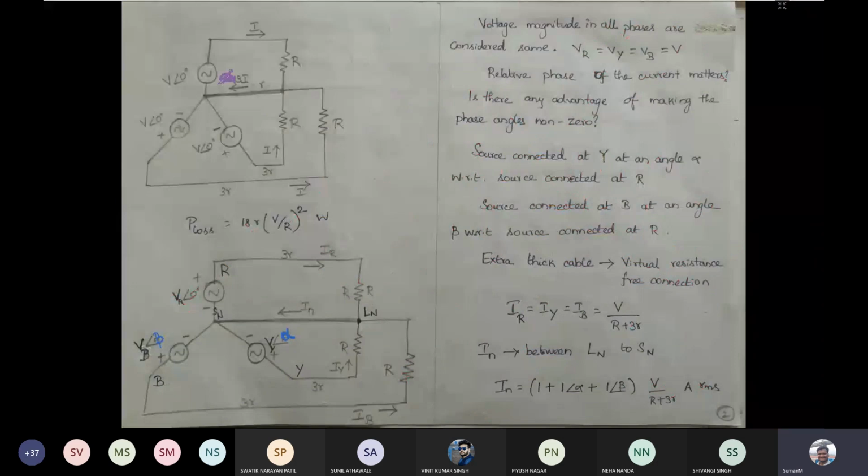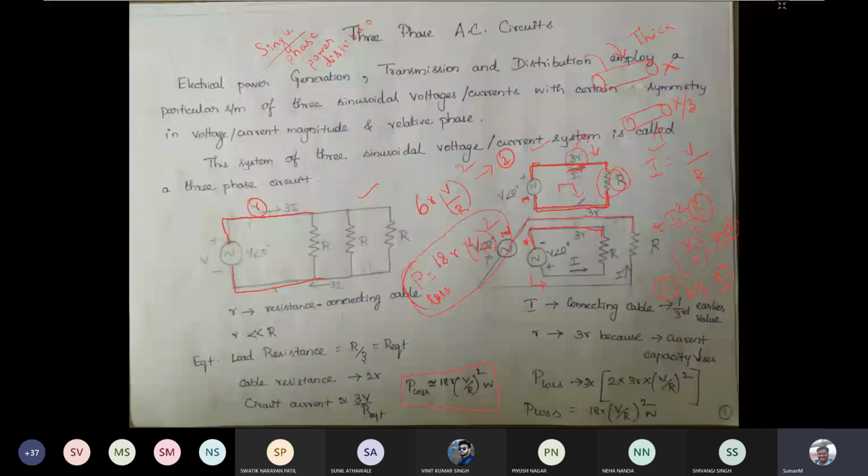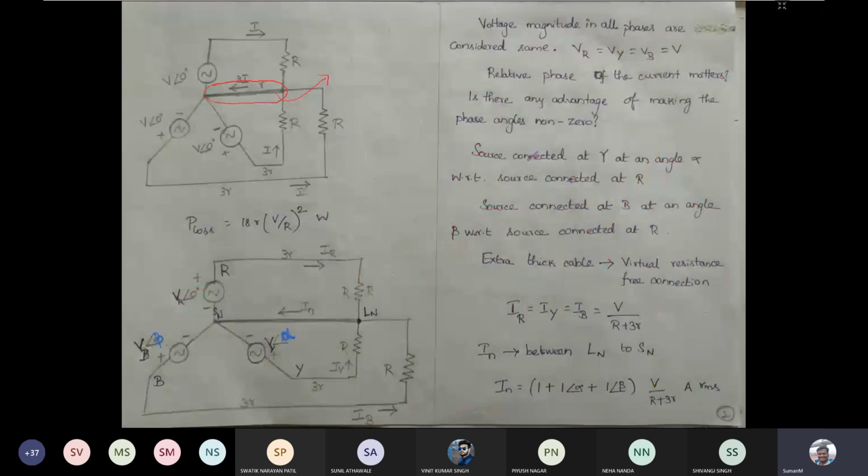Now instead of three individual wires, we have a single wire. The thickness of this wire is equal to the combined thickness of the individual wires in the neutral path. That's why I have mentioned with the dark symbol that the thickness of this wire is 3 times greater than the cable here. Since the thickness is increased, the resistance of that wire is reduced. This cable is carrying 3I current, whereas individually each was carrying I current.